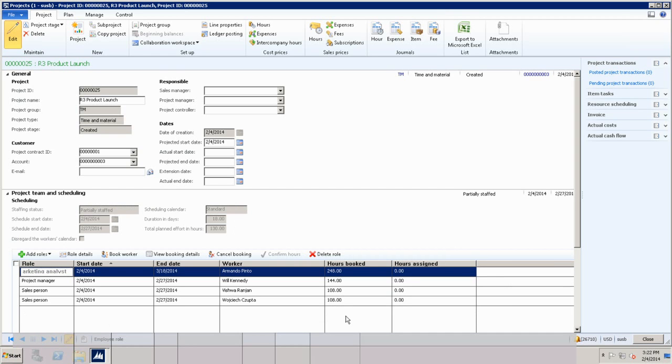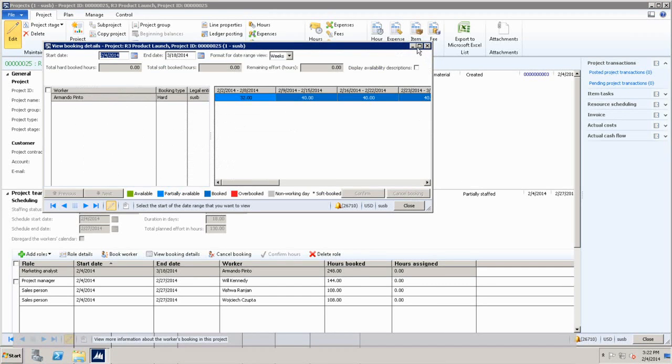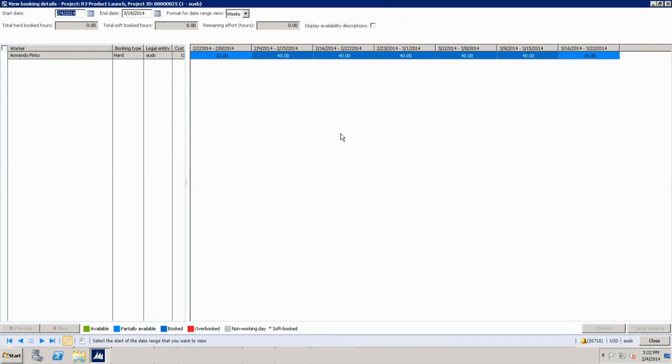The primary difference between these two is that the people that are booked, their capacity is booked against the project. You have not yet assigned them to any tasks yet. It provides a good view that I have people secured, but I have not assigned them to any task on the project. Right from here, you can drill down and see how you have them consumed. If I want to understand how their capacity is being consumed on this project, it shows me week by week, day by day, or month by month, how I am using them.